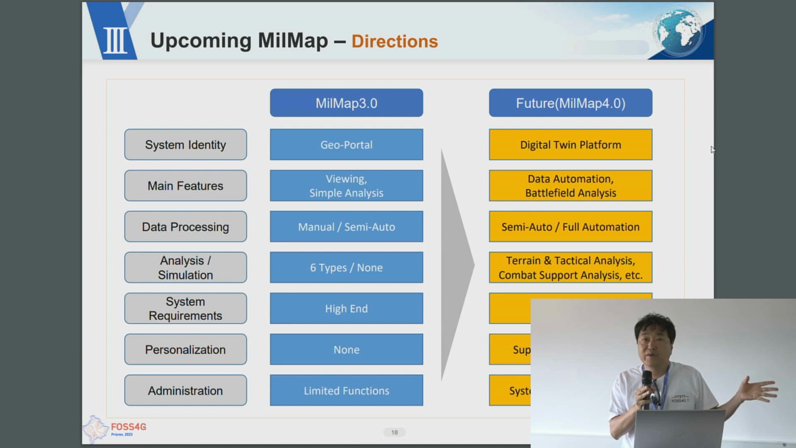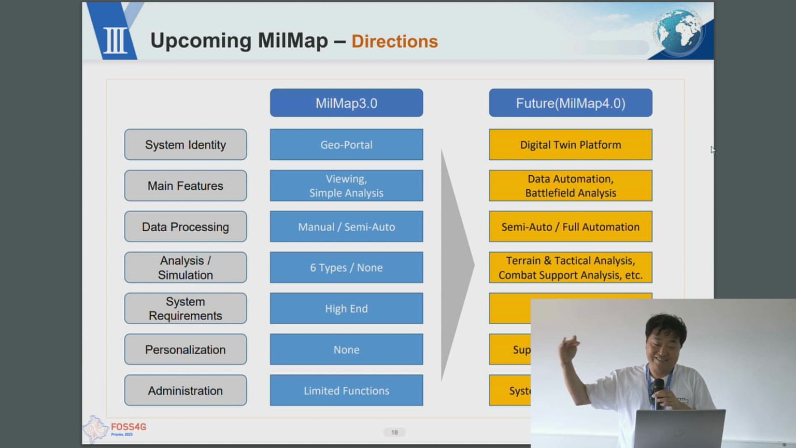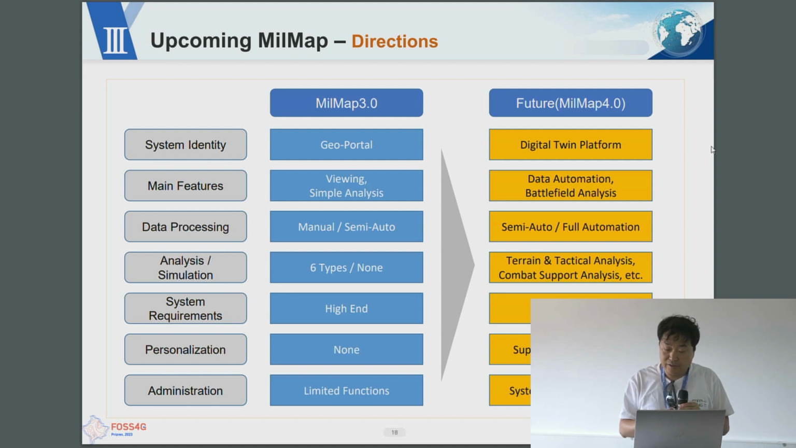Also, as I already mentioned, the DJI has very many data pipelines, but it's not fully automated. So they want to automate to some level, because it's very hard to automate everything. Also, it just supports 6 types of analysis, but in MilMap 4.0, as I already mentioned, task-specific battlefield analysis will be provided. Also, MilMap 3.0 only runs on very high-end PCs or laptops, because it runs on Cesium.js and requires a GPU or something like that